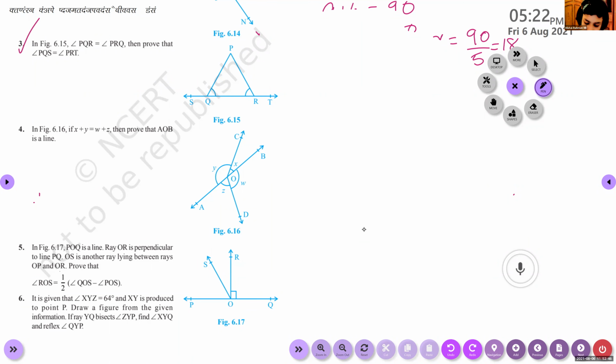The question says PQR and PRQ are the same, so angle Q and angle R are equal. But we have to prove and express that they are equal. How can we write they are the same? I will explain. Alan, did you say anything? Nothing, ma'am. Okay, all of you listen. Very simple. We know that they are equal, but we have to express it.